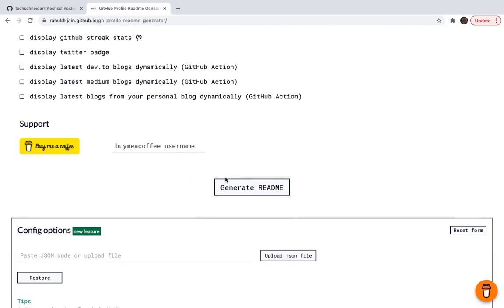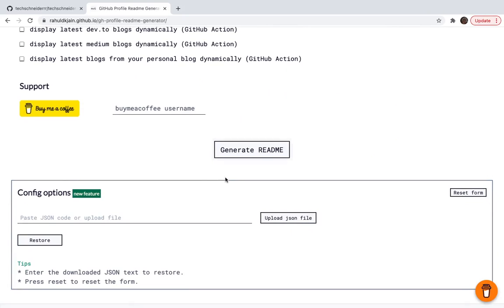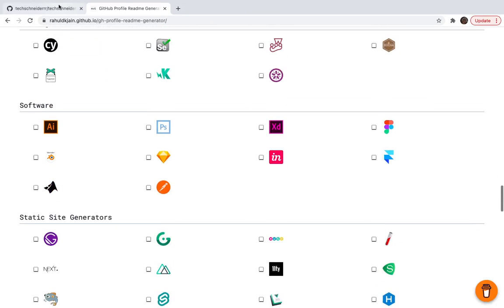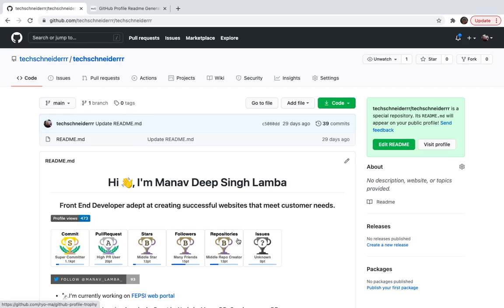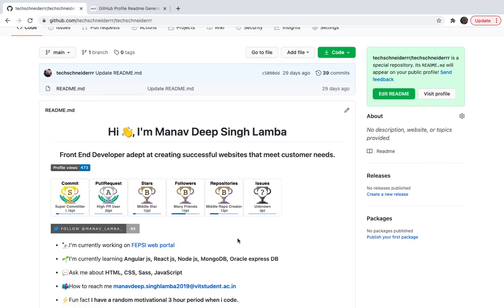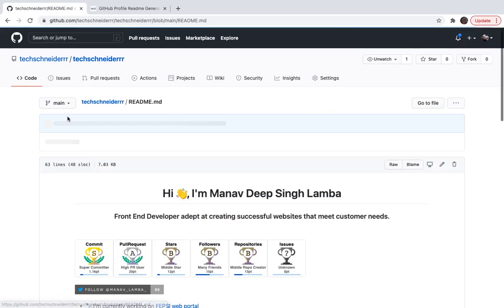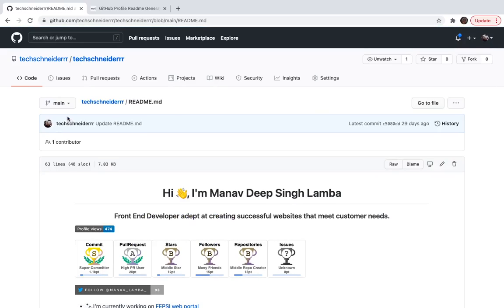After this generation you will get a file. You can download that file, and in the next video lecture I'll tell you how you can upload your files into GitHub and how you can make them come here in this section. Because till now you know how to create a readme and how to create a repository, but you don't know how to update your repositories with newer code files.